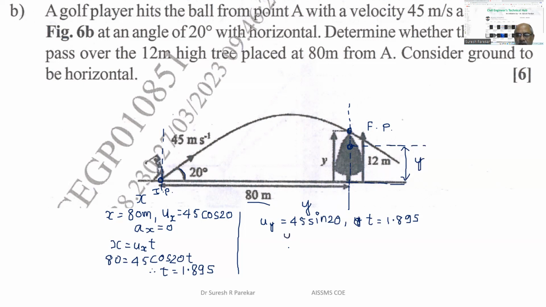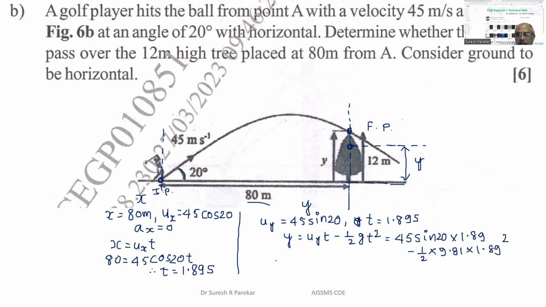And then we will use y equals uy t minus half g t square. Now we know the value of uy is 45 sin 20, into t is 1.89, minus half, g is 9.81, and t is